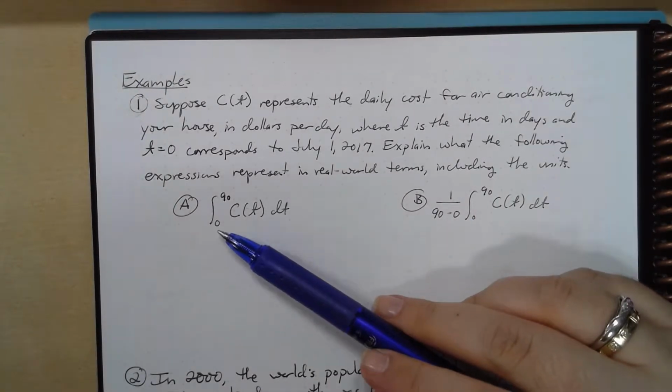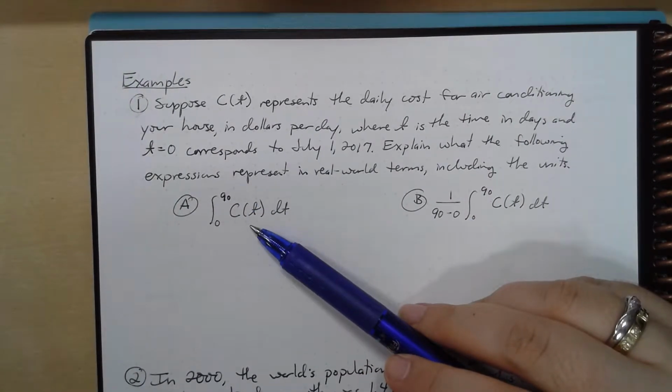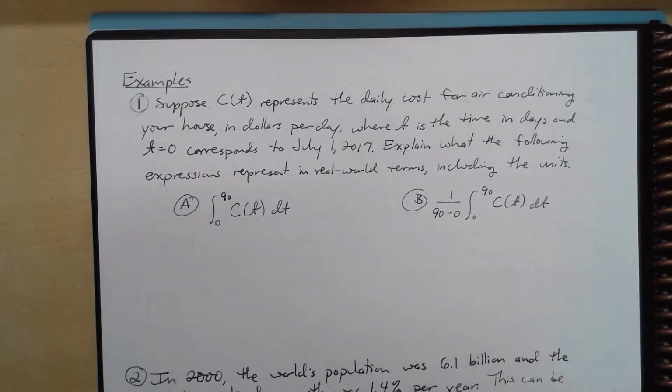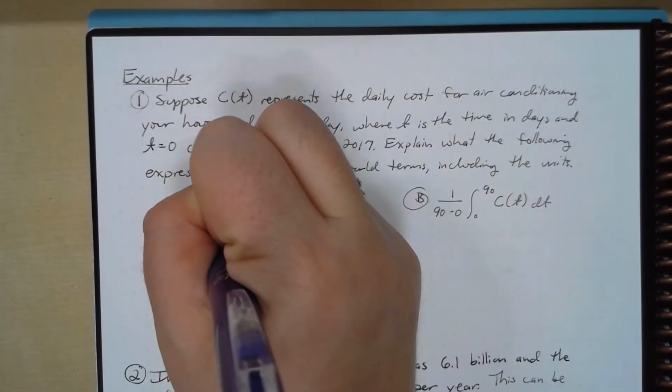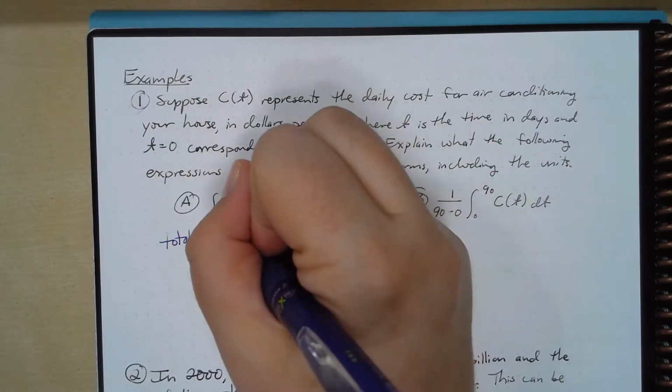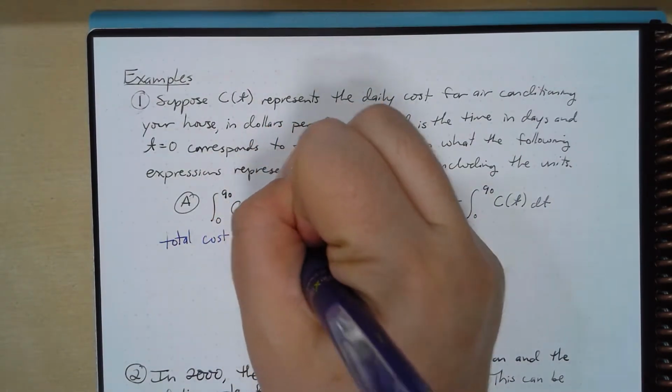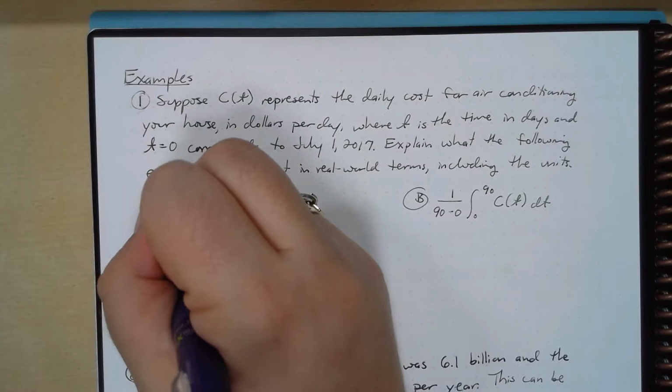Well, here we have the integral from 0 to 90 of C of t dt. What's that going to be? If you think about it, I told you this is finding an amount of something. That's what we can do with integration. This is going to be our total cost to cool the house